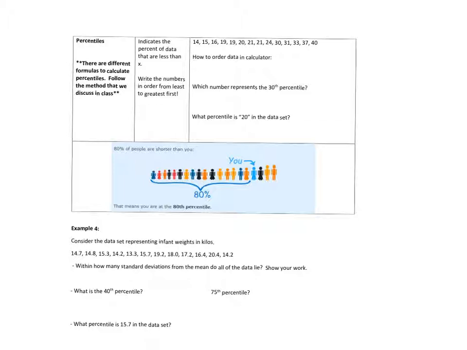So first, what you want to do is order the data in your calculator. I see that these numbers are already ordered, but I'm going to put these in my calculator right now. To do that, I went to Stat, Edit, L1. Now, when you go to Stat, there is a feature on your calculator that reads